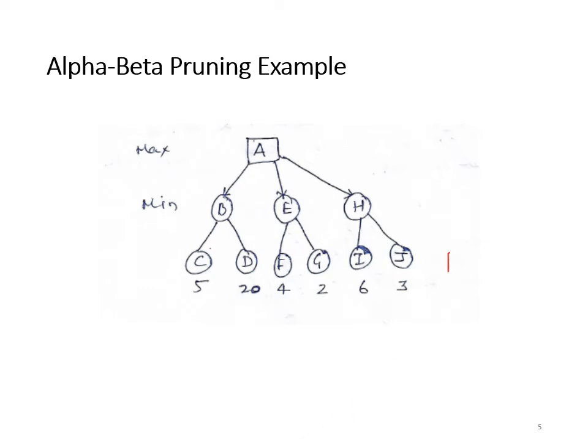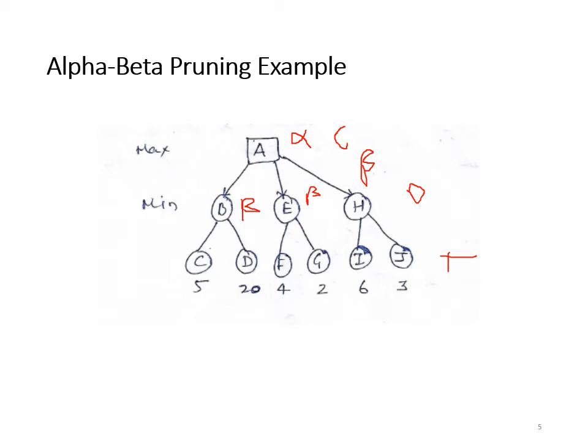These are the opponent's nodes, and these are the computer's nodes. So the value of A will be allotted to alpha, and the values of B, H, E, and B will be